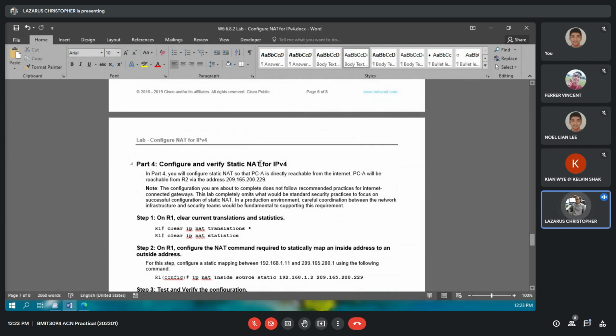Okay, static means you manually configure. There's no matching. You definitely want that mapping because maybe you have your own server inside your network, right? And you want that to be stable, so you definitely map that server's IP address, IP local, into IP global. So once you create the mapping, it's supposed to be for long term